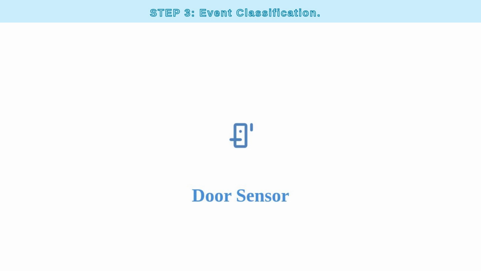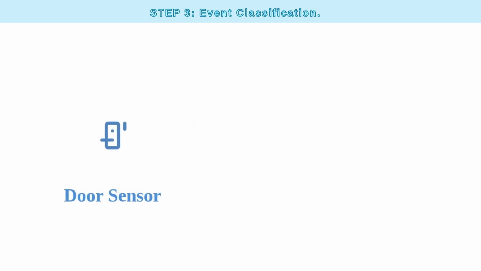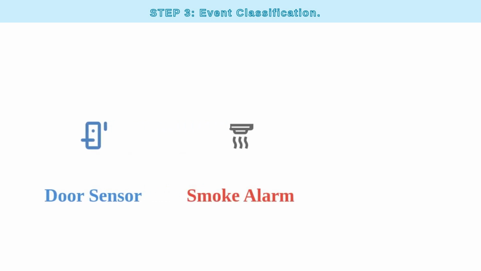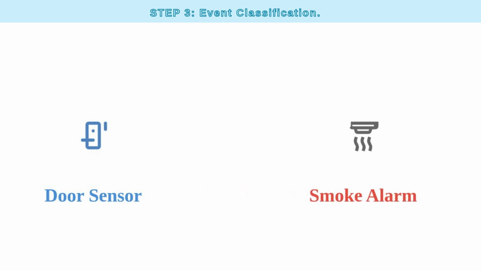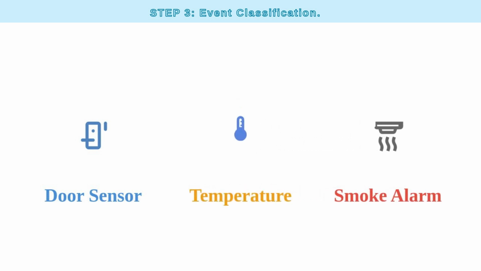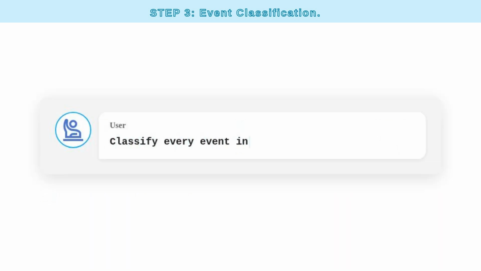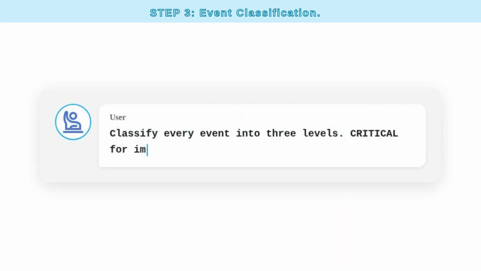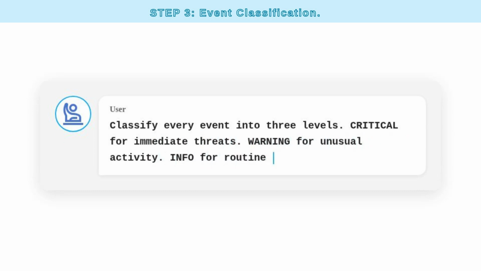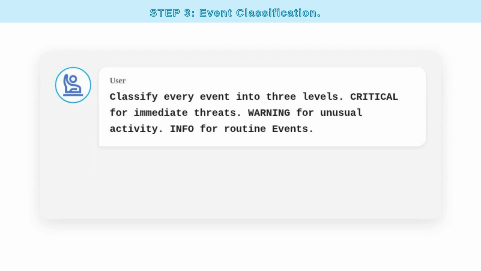But here's the thing, a bedroom may have multiple devices, a door sensor, a smoke alarm, a temperature sensor. If every single event sends a notification, we're back to square one. So I told OpenClaw, classify every event into 3 levels: critical for immediate threats, warning for unusual activity, and info for routine events. OpenClaw immediately created a new script,